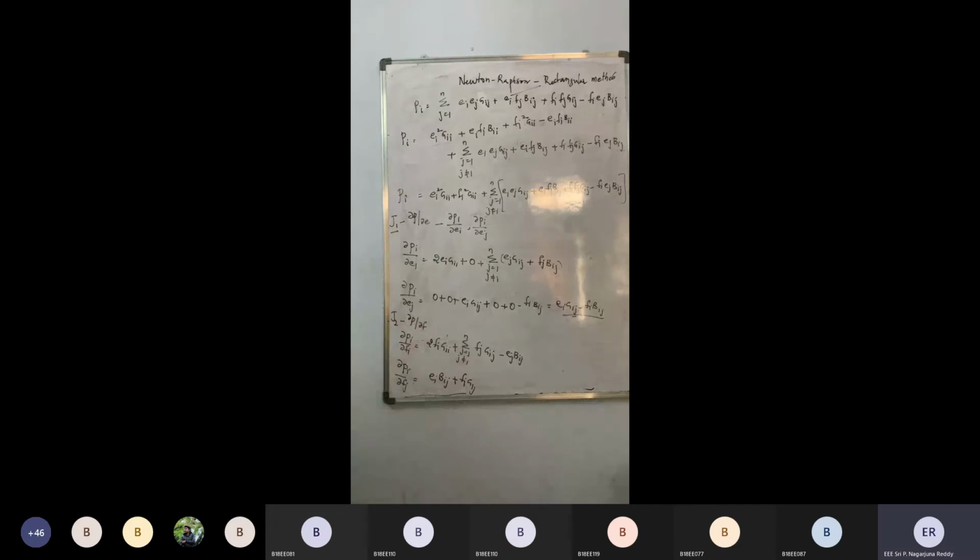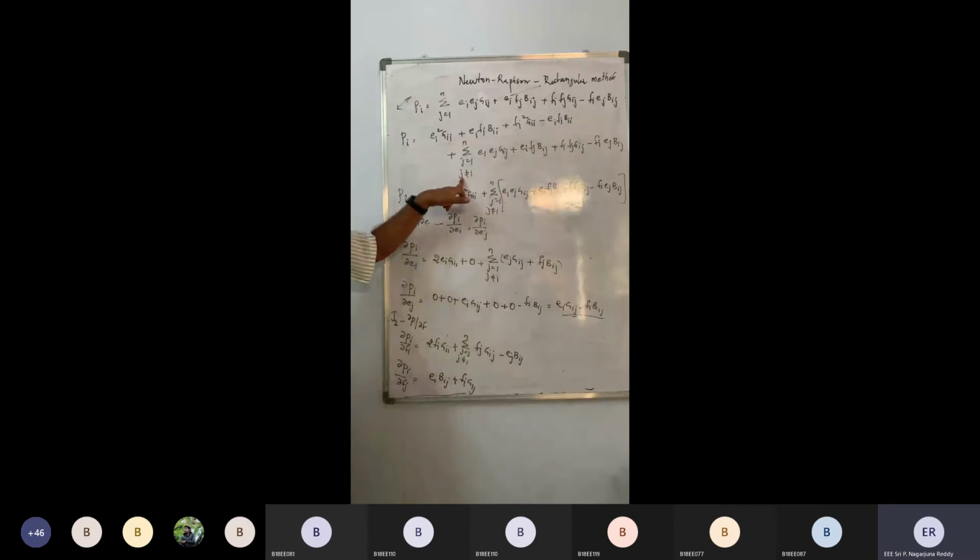What you are supposed to do is derive these expressions very clearly and carefully. Yesterday, in the last 15 minutes, I have derived these equations. Just be careful while deriving these terms. Once you have derived these power equations, see, this is my power equation, the active power equation, which was derived yesterday. What I am doing is just separating the J is equal to I term and the J is not equal to I term.